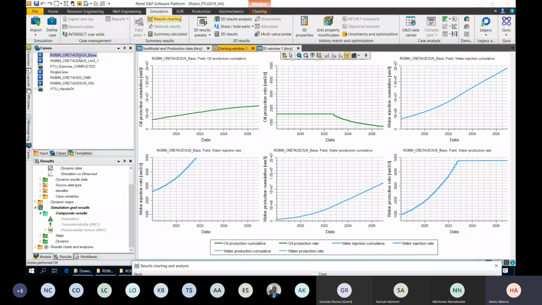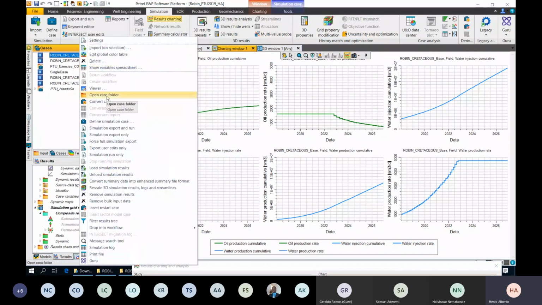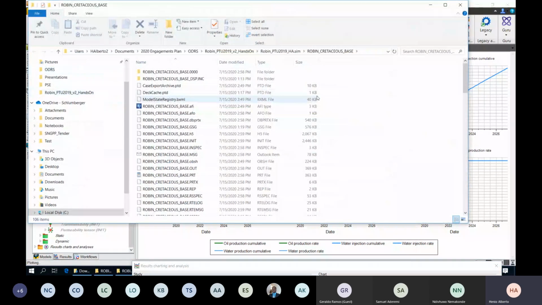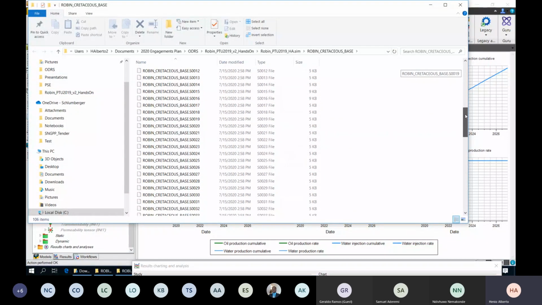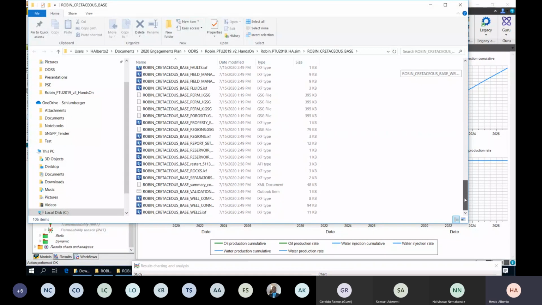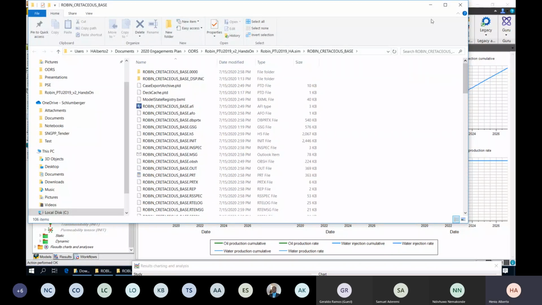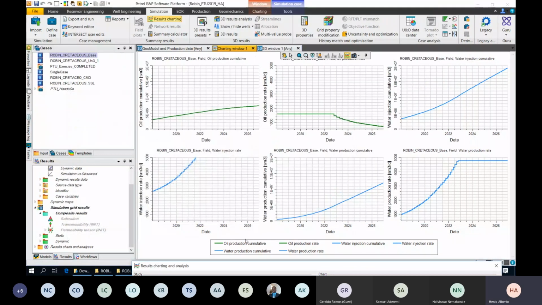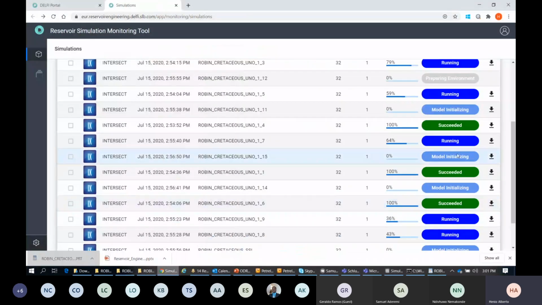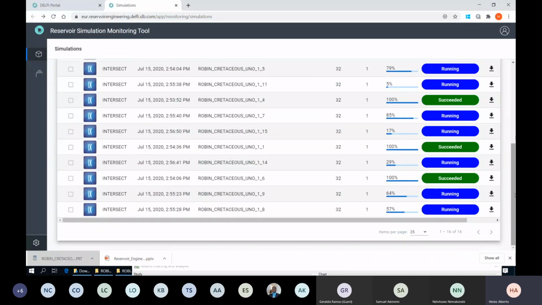If you want to see in detail, you can right-click and open the case folder, and you find out how the resulting simulation files are stored in your machine. So that means your data is back on your laptop, and no data is stored in the cloud. And this is the beauty